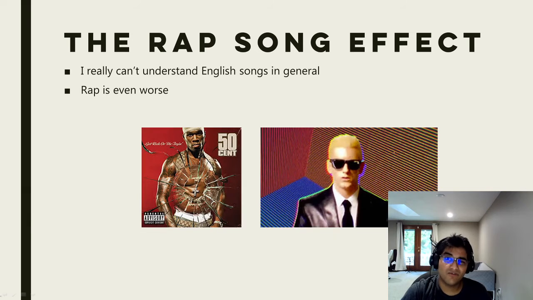But I love rap. I mean, there's nothing better than a good old 50 Cent song in the club or Eminem or anything like that. And I really like rap. And actually, I can sing the rap songs. Even though they're lightning speed, especially Rap God, it's super fast. But how am I able to sing them? Well, it's because